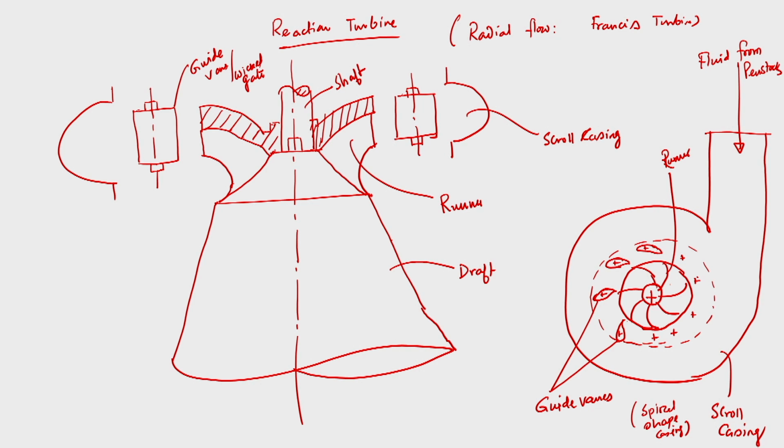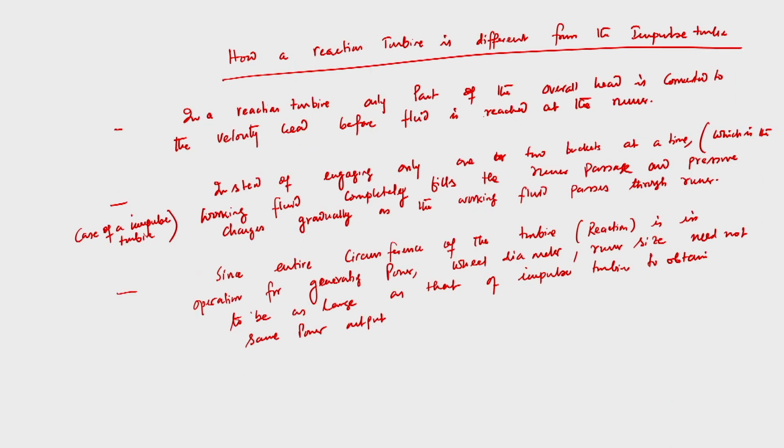But in case of a turbine, whatever we are observing here, the scroll casing or the spiral shape casing is designed in such a way that the velocity will remain almost constant as it passes through the casing. This is very important, that the fluid velocity will remain constant in the casing. So this is another important feature. Second thing, this entire casing surrounds the runner. So I am writing here, what about the special feature of the spiral casing.